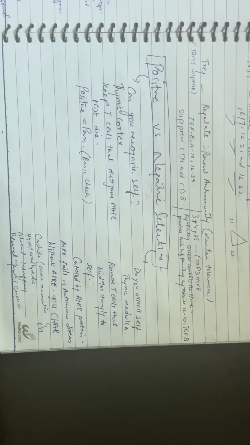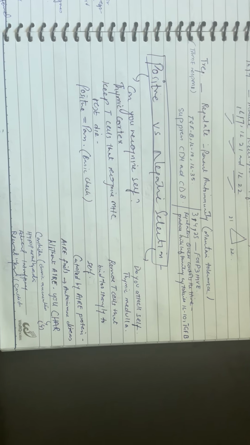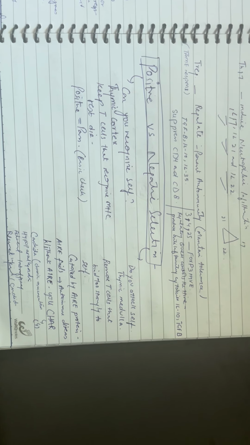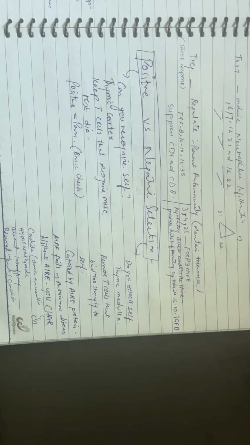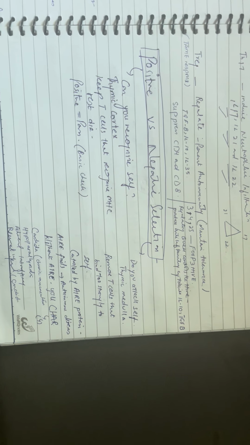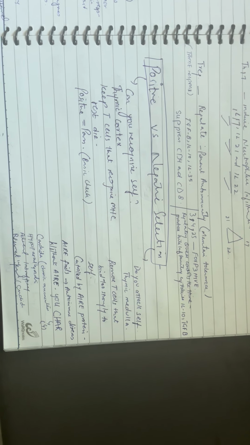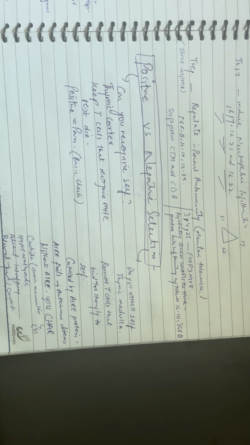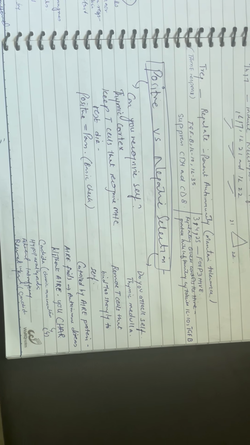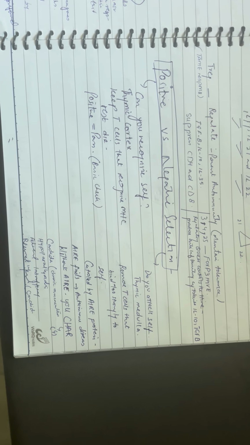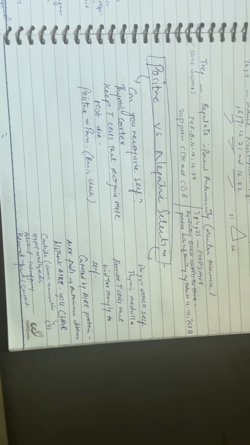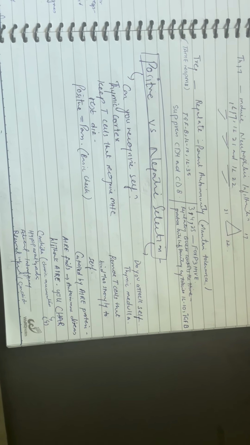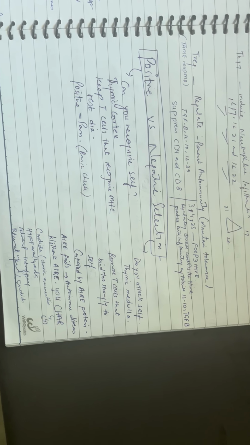So let's continue. Today's topic is positive versus negative selection. Positive selection means, can you recognize self? That means if the white blood cells can recognize themselves, and that is done by those cells present in the thymic cortex. They keep those T cells that recognize the MHC, and the rest die. So if they can recognize themselves, then they're kept, and that means P is for positive and P is for